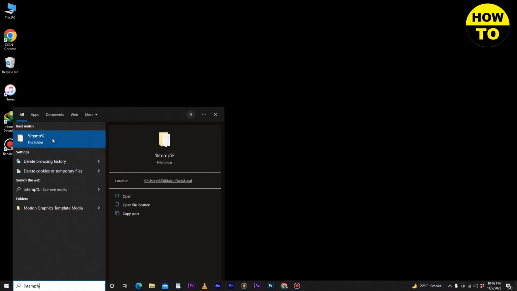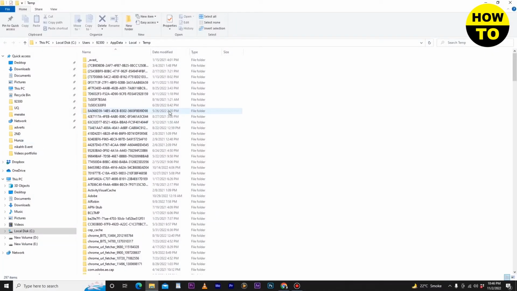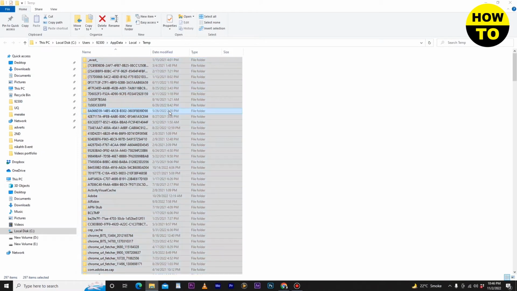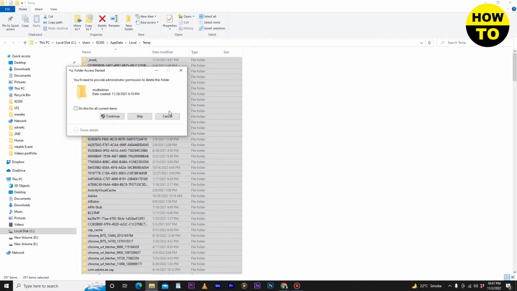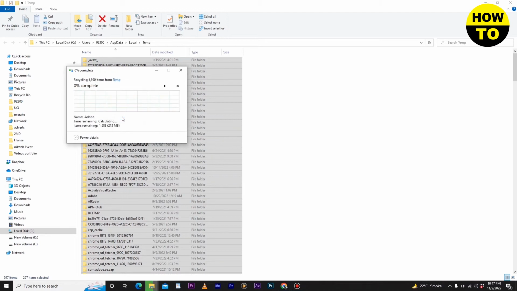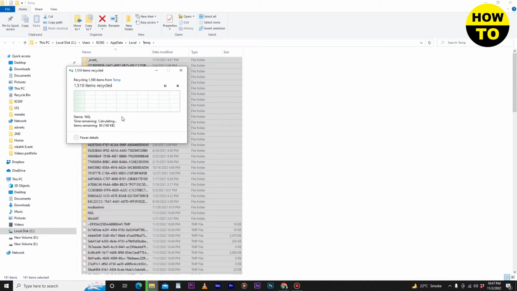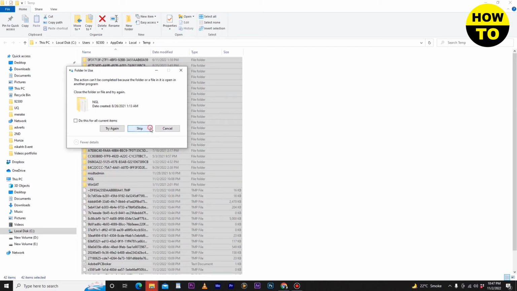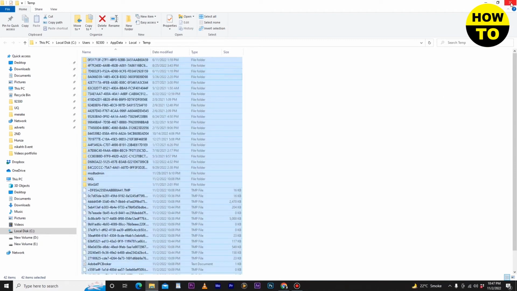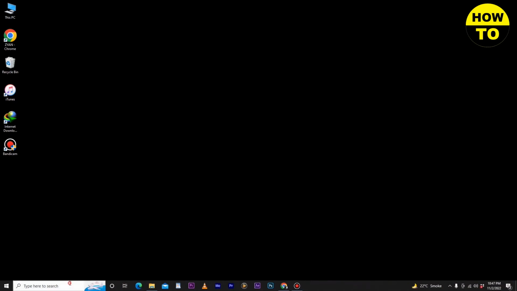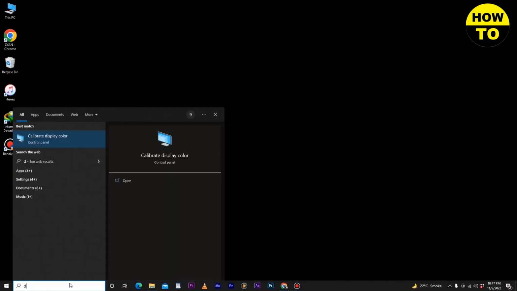Simply open the temp folder, and after that select all the files, press the delete button and delete all the files. Now you don't need to be worried if some files remain in your folder, so you don't need to worry about this. After you delete all these files, simply go back and now here